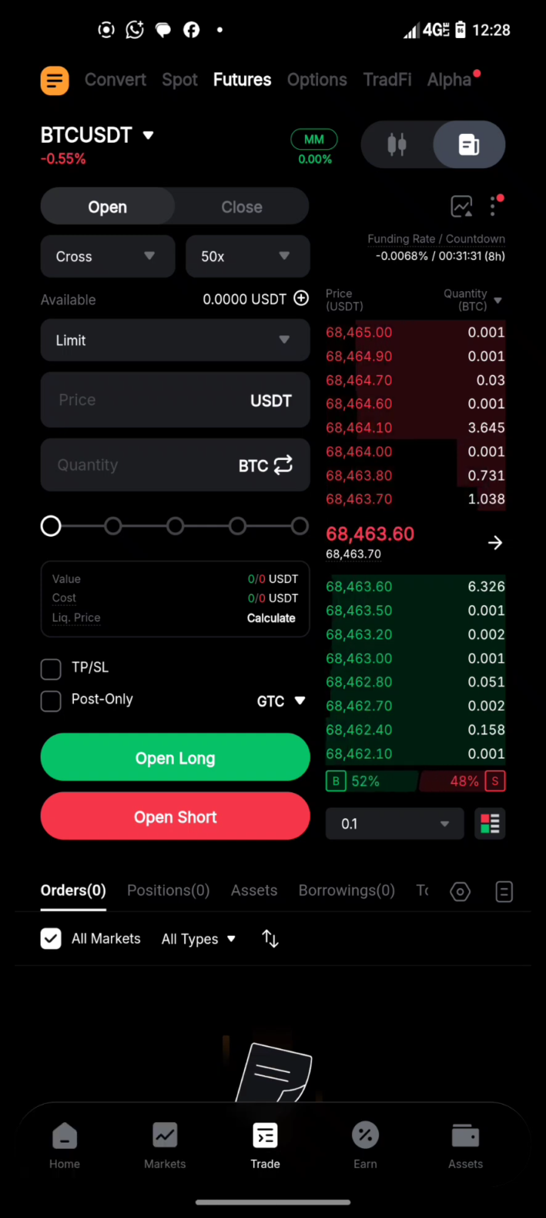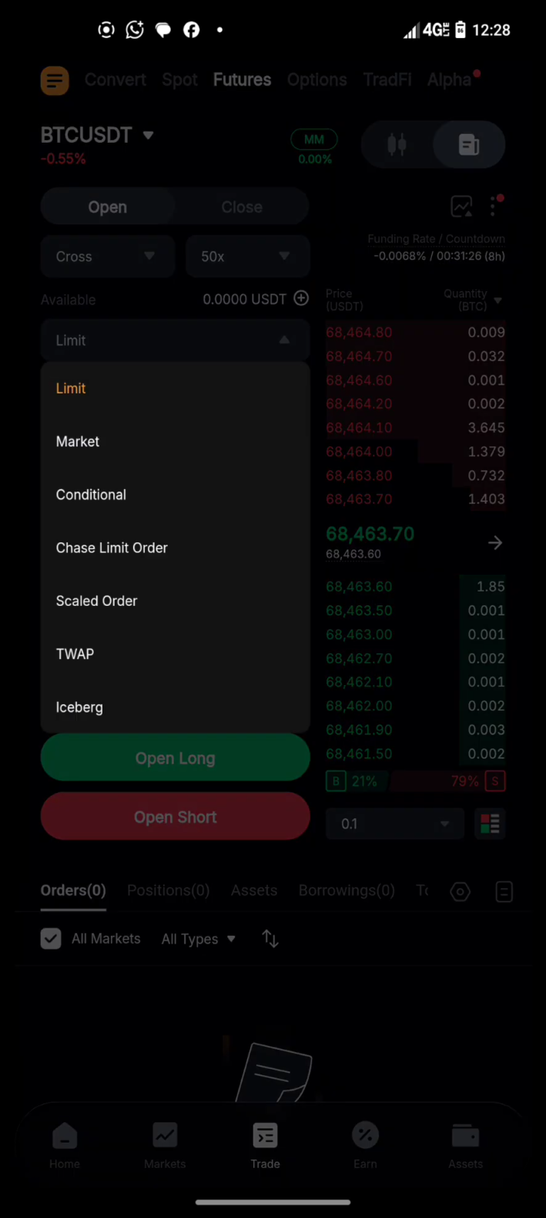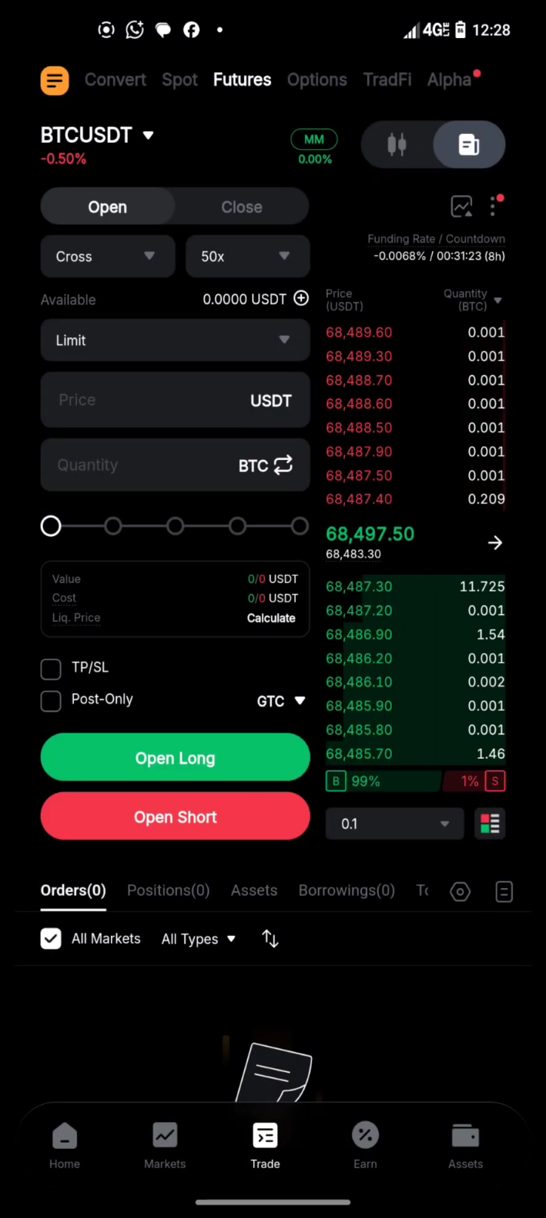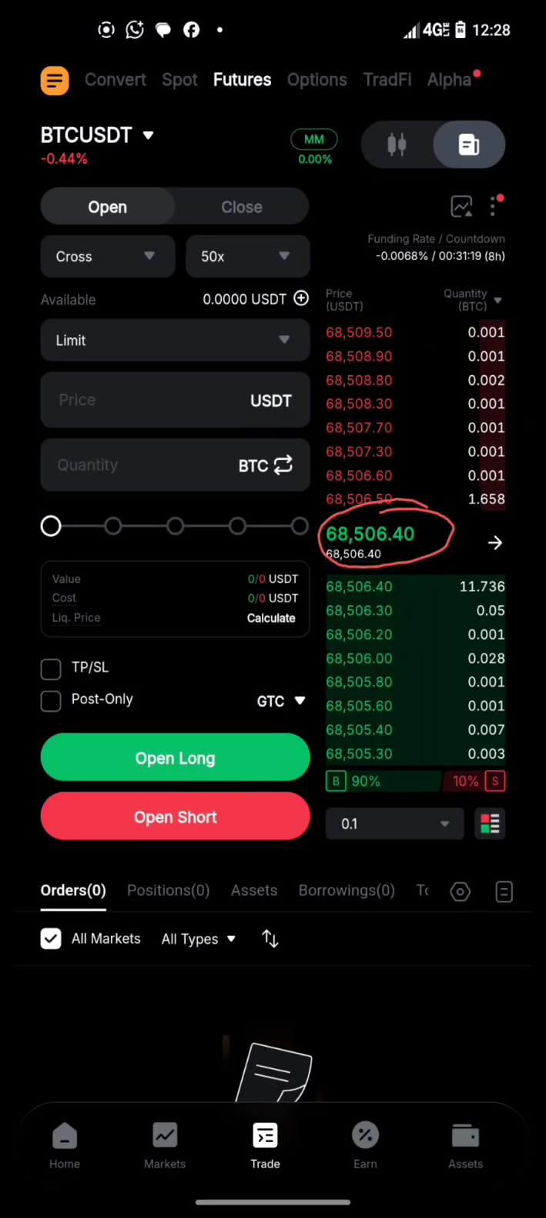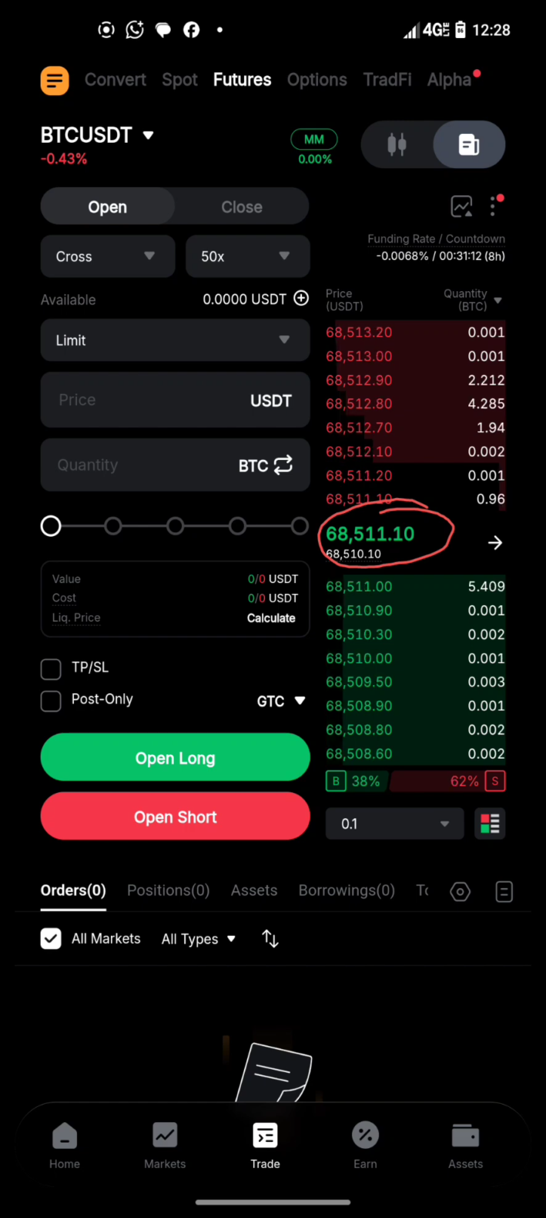Now the next thing is this. See where we have limit. When you have limit, this is the current price in the market. See the current price in the market. You can see the price is moving. That's the current price in the market. So it's either you place your trade on the current price,